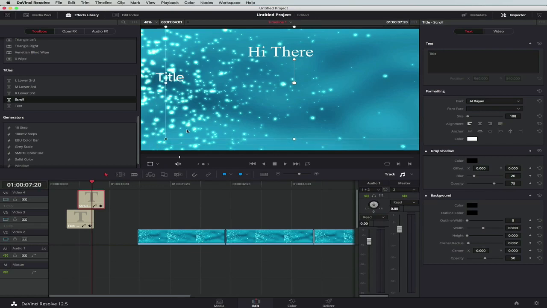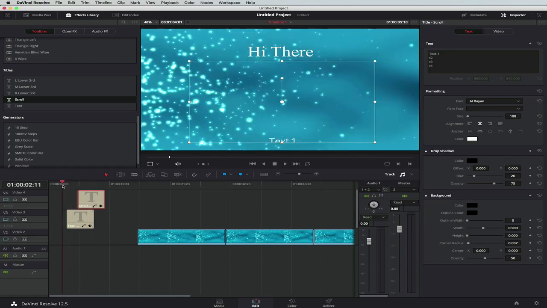In this particular case, just position this so it goes up into the title. Now, you can just quickly center that, and go whatever your point is, T2, T3, T4, and now when we go and play through,